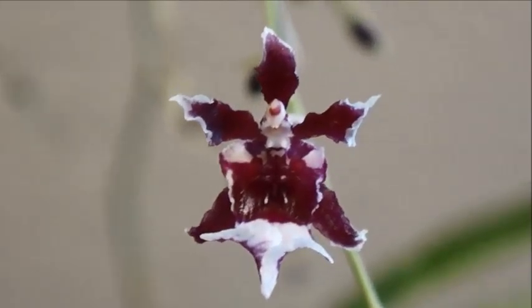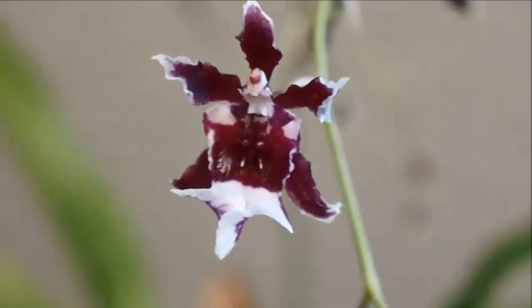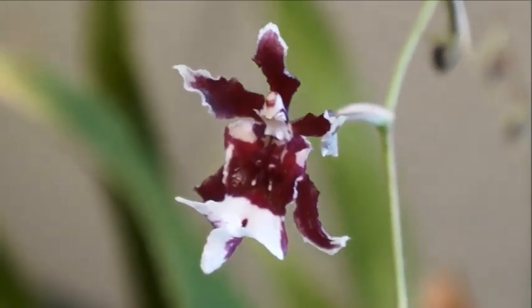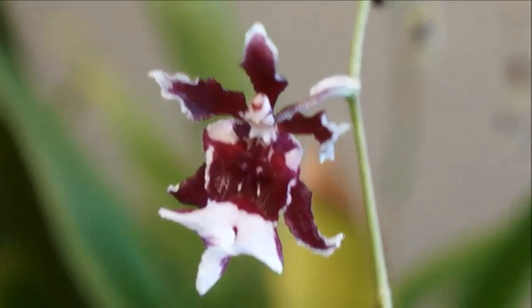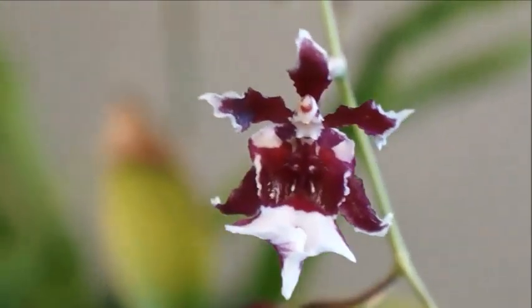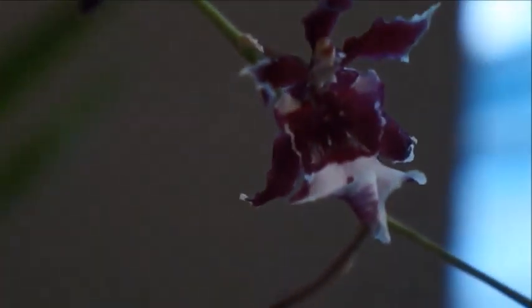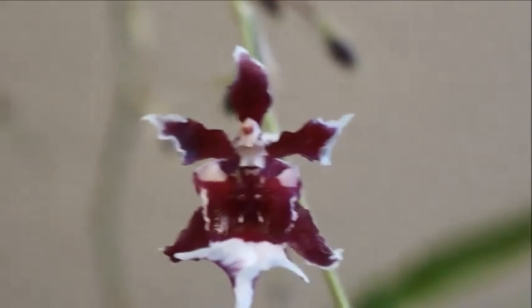Let's talk a little bit about the care I give to this orchid. In terms of watering, the cycle in summertime is about 7 days, 7 to 10, but usually more toward the 7-day cycle, because this orchid seems to be pretty thirsty in summertime, and I think it has to do with the fact that it's in a 16-ounce cup, but then it has a very good root system, so I think lots of water just gets